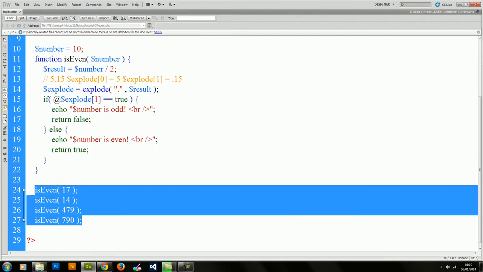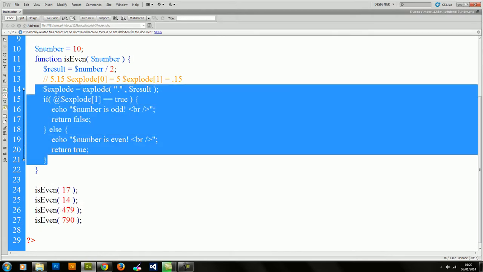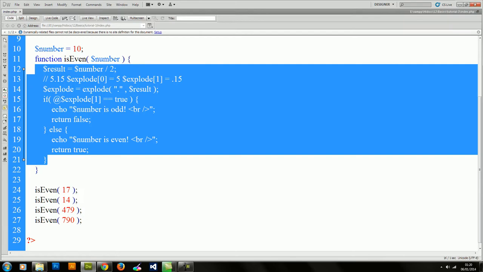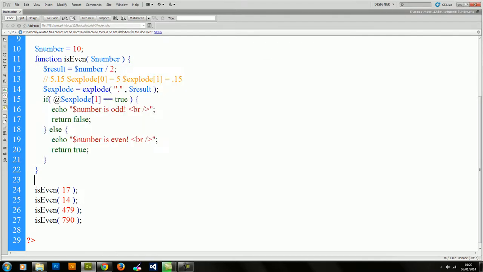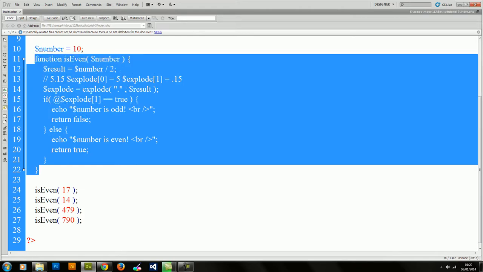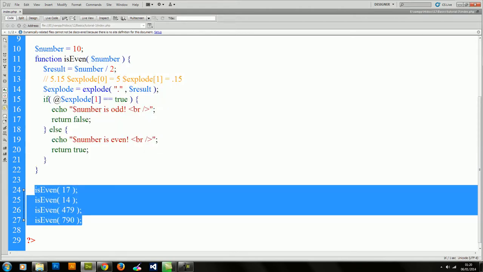It saved us from writing, think about it, there's 9 lines of code here, times by 4 lots of 9, that is, my maths is terrible, 36 I believe. I'm going to have to check that now because I will be so embarrassed if that's not right. 36, oh yeah, he's good, isn't he? Yeah, so it saves us from like 36 lines of code just by writing this function,